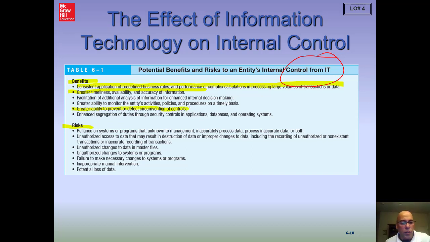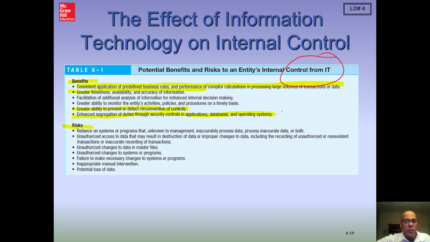Enhanced segregation of duties. We're going to talk about segregation of duties later, and we're trying to segregate the authorization of a transaction from the record keeping and the custody of that asset. Well, custody of an asset is an easy one for computers. Computers don't order stereo equipment for themselves over the internet and take it home. So with a computerized system, you can have automated ordering processes, etc., because we don't have concern about what you do with human beings, if there's going to be some sort of manipulation of the records and stealing of the assets. So a little bit of enhanced segregation of duties.